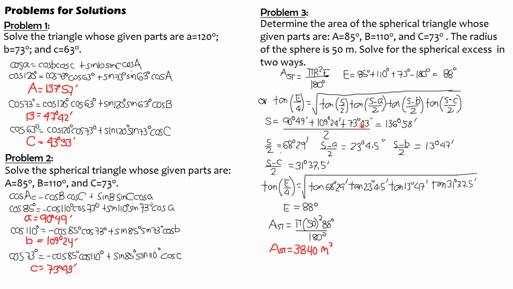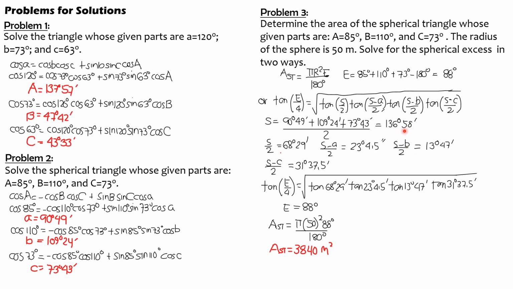So the value of S is 136 degrees 58 minutes. So therefore 136 degrees 58 minutes divided by 2, that's S over 2, 68 degrees 29 minutes. S minus A over 2, 136 degrees 58 minutes minus 90 degrees 49 minutes all over 2, that's 23 degrees and 4.5 minutes. Then S minus B over 2 is